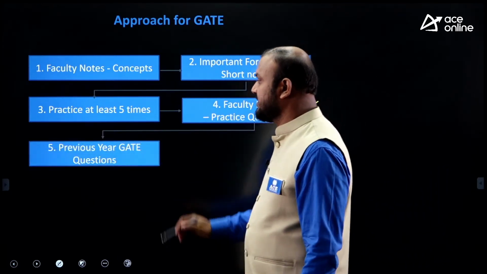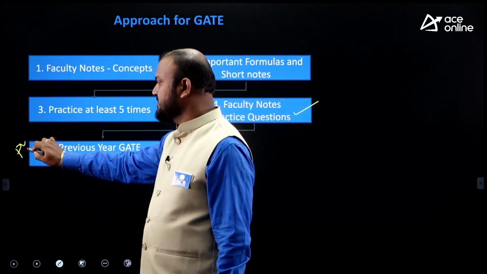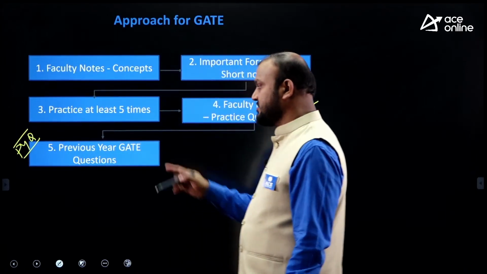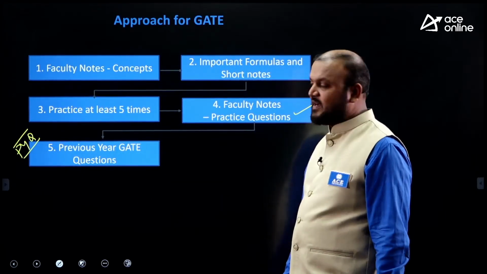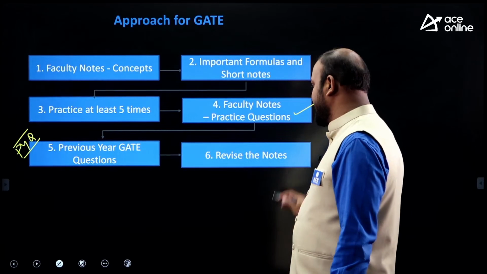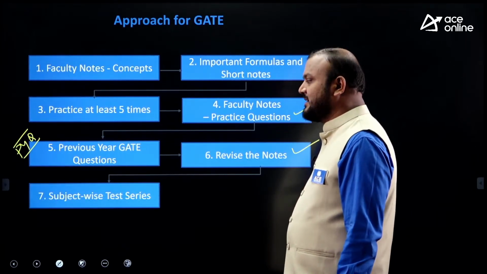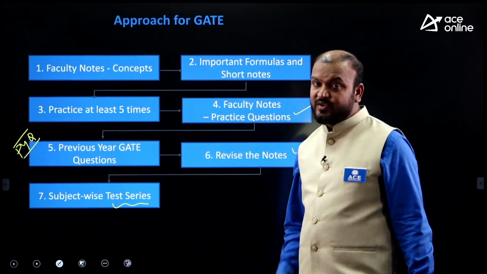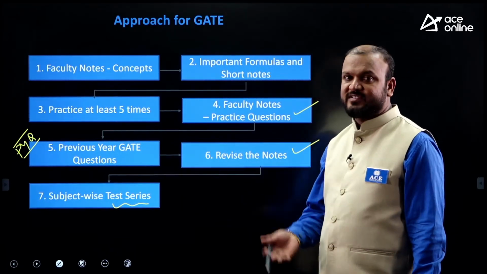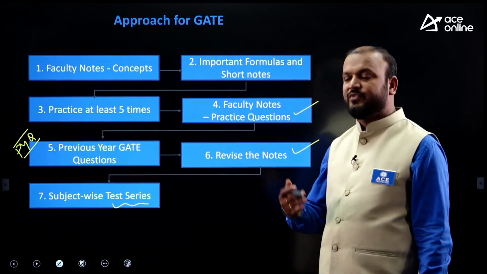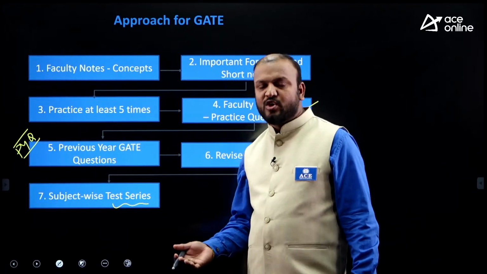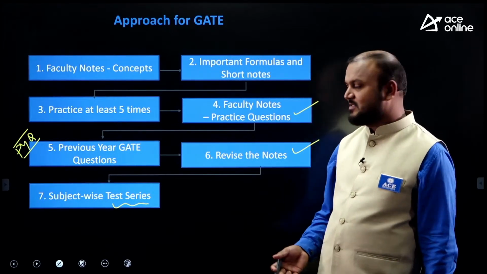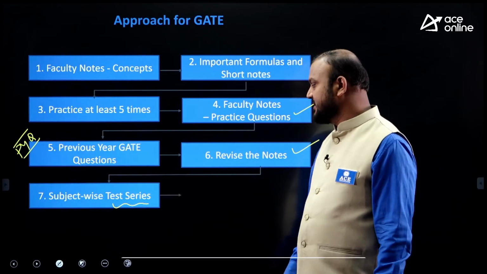And it is important to solve all PYQs, because 90% of the paper is coming from the PYQs. So solving all the PYQs is mandatory, and then revise the notes. Then it is important to write the test series. If you write the test series, you can self-evaluate where you are weak and where you are strong. Suppose you feel you are weak at some concept, then you can work hard on that concept so that you do not make the same mistakes that you have done in that particular topic.